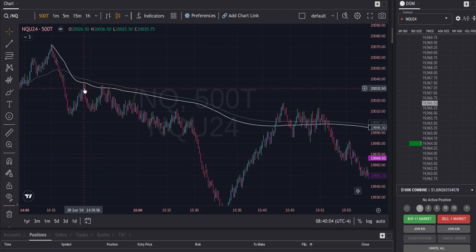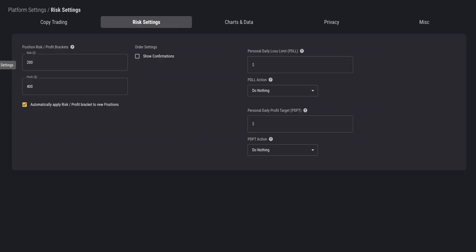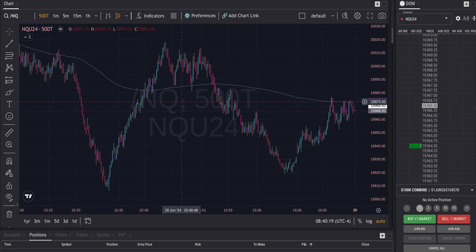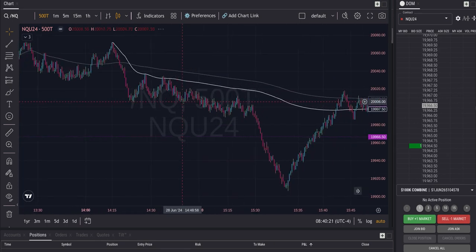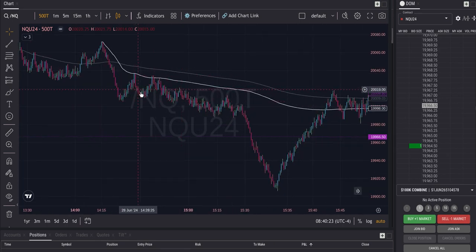Maybe that one too, but anyway, my settings are risk 200 to make 400, nice 2 to 1. Go back here. So that probably would have made me, let's see, 35 down to, yeah, that would have made